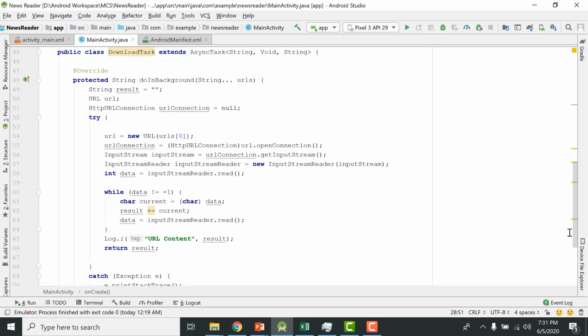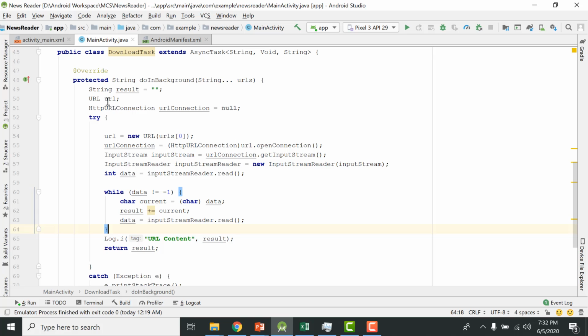And remember, DownloadTask is a subclass of AsyncTask, and whenever I call this class, these processes will be run in the background. So do not worry, there will be nothing shown on the mobile screen. I am going to fetch that data from the background. These instructions tell us what is executed in the background. In this DownloadTask class, we have one method called doInBackground, which is accepting a URL. We are going to provide this URL